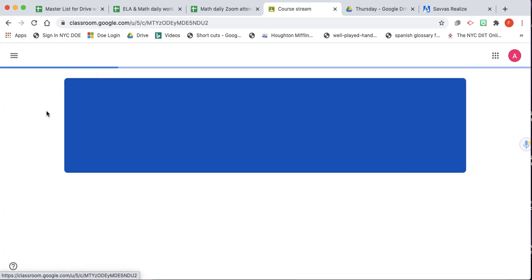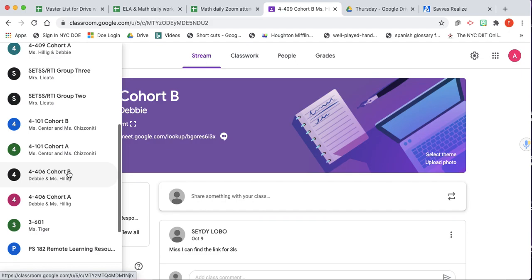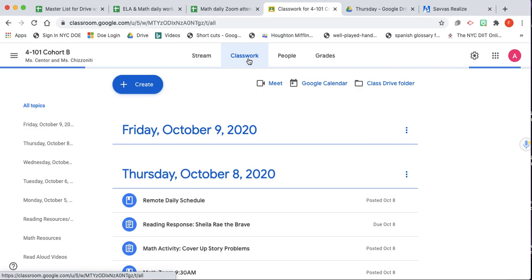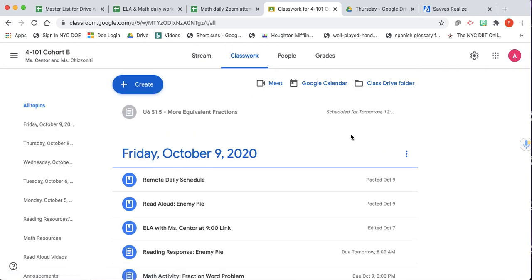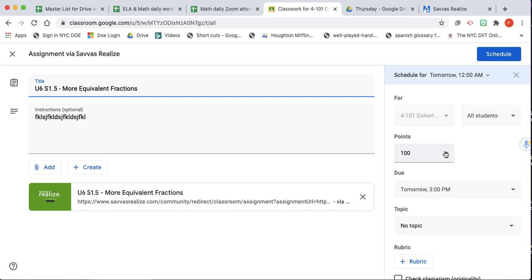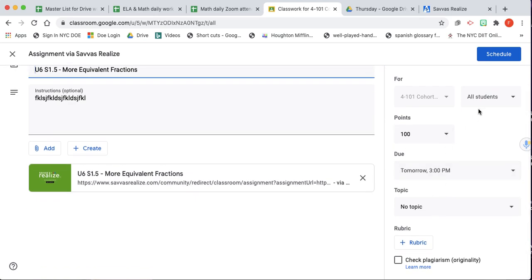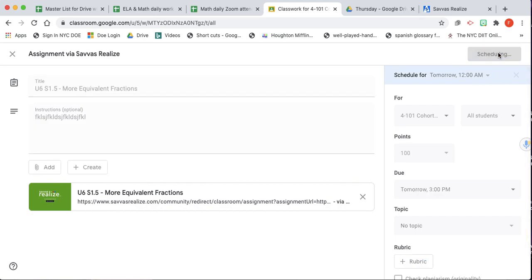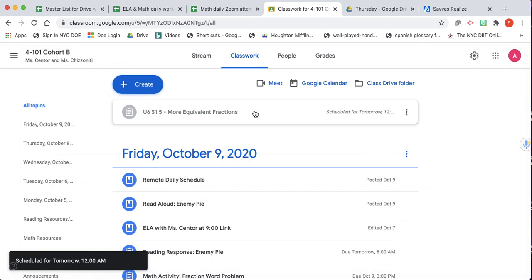Just go into, oh, that's the wrong class. I always do that. Let's see if it's there yet. If not, oh, there it is. All right, so this is scheduled for tomorrow. So now what I can do is I could edit this, and I can change any of this, put it into a topic. And it's already scheduled to come up tomorrow at midnight, meaning as soon as it turns Tuesday, it will come up. In the next video, I'm going to show what the student view is from the computer,